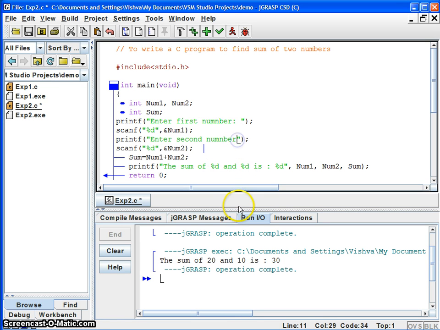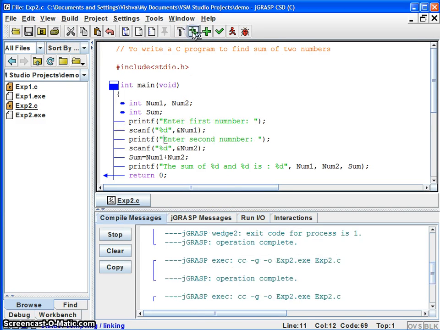It looks somewhat structured, and once you feed a number you have to press enter, and then enter second number and the sum. You will see the results will be a little bit messed up, then I will tell you how to fix it. So once you type it, compile